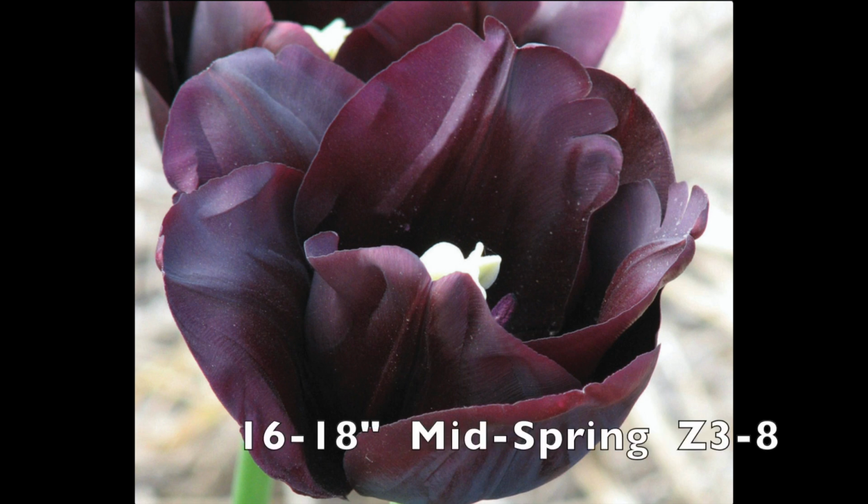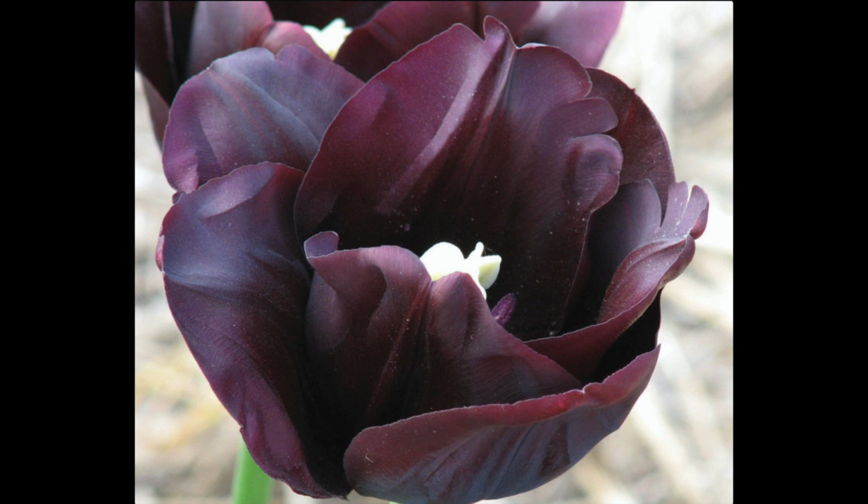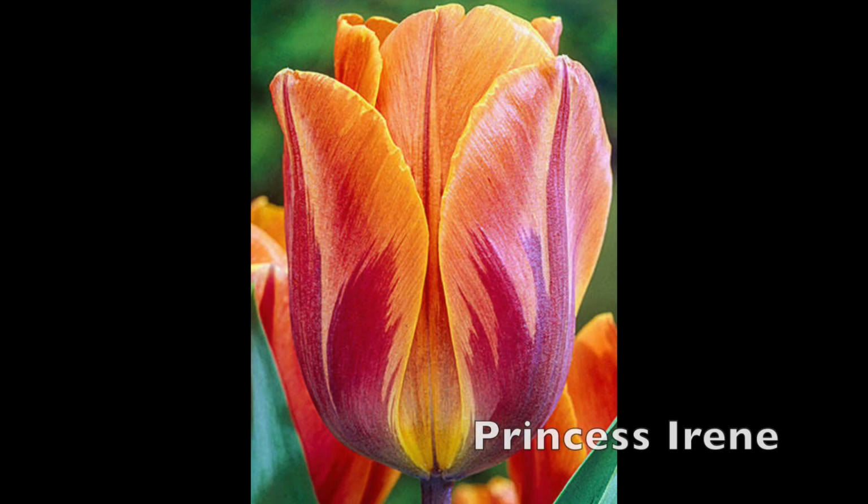So the bloom time is a little earlier and the blossoms are a little bit bigger. So it blooms mid-spring, 16 to 18 inches tall, again, zones 3 through 8. So I'm definitely doing this one again this year. Another one I'm repeating is Princess Irene, another one that I plant every single year, 16 to 20 inches tall,